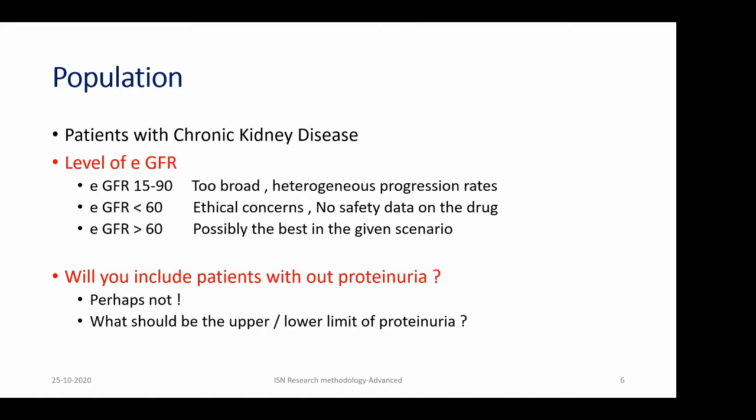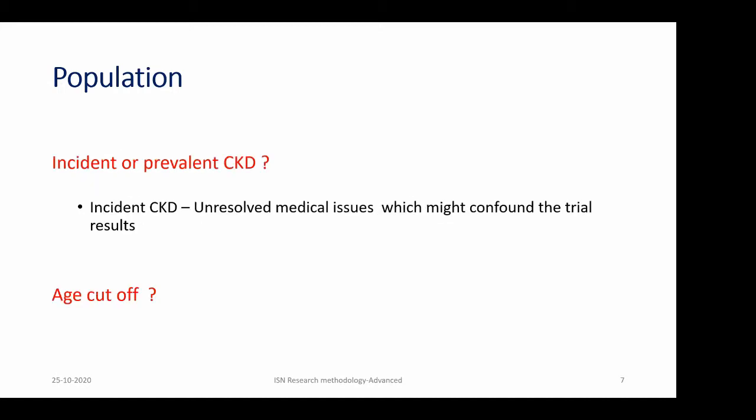But the only thing we need to be careful at this point is it should be representative of the CKD population in a larger context. For example, if we put proteinuria as 1 gram, the type of patients who are going to benefit, we are actually cutting them to a very small group. So the limit of proteinuria should be sufficiently wide so as to reflect the scenario outside the trial.